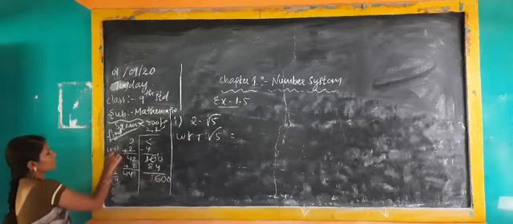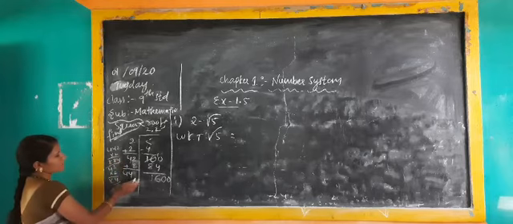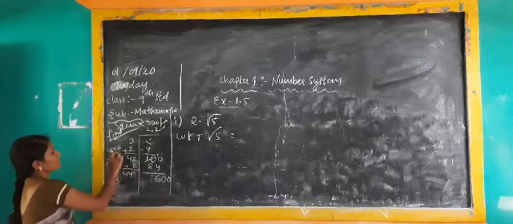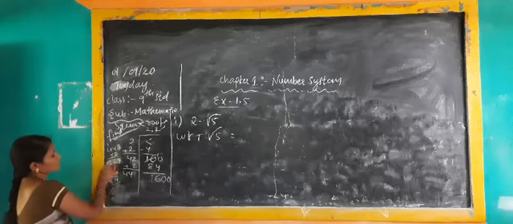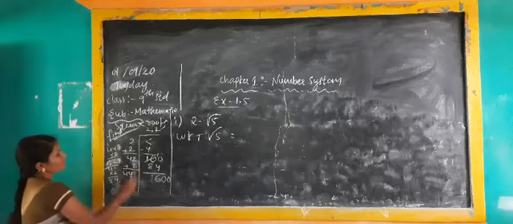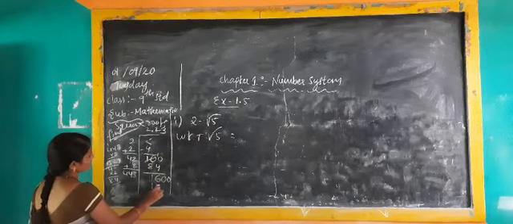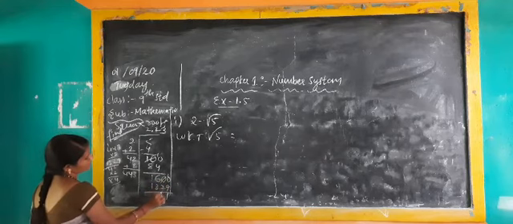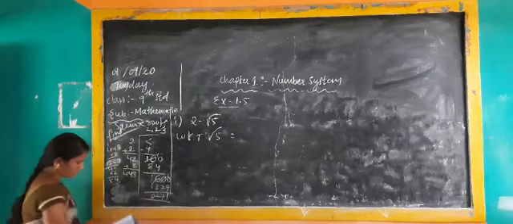Next I am taking 44. 1 is 4, and 41 is a smaller number. If you take 2, 2 2s are 4, 2 4s are 8, and you will get 84, still a smaller number. I will take 3 here: 3 3s are 9, 3 4s are 12, and you will get 1329. 443 3s are how much? 1329. Here it should be 17, 20. You get numbers like these.